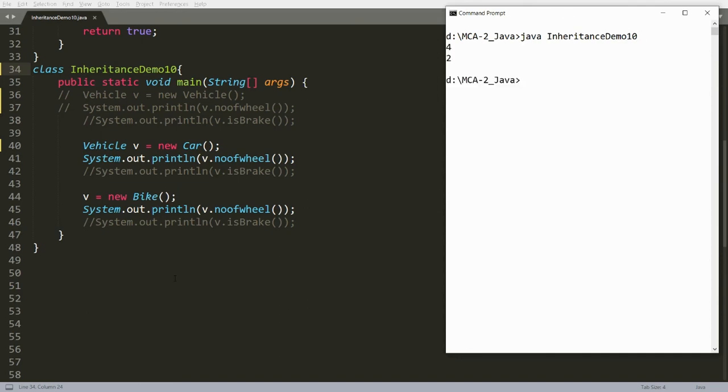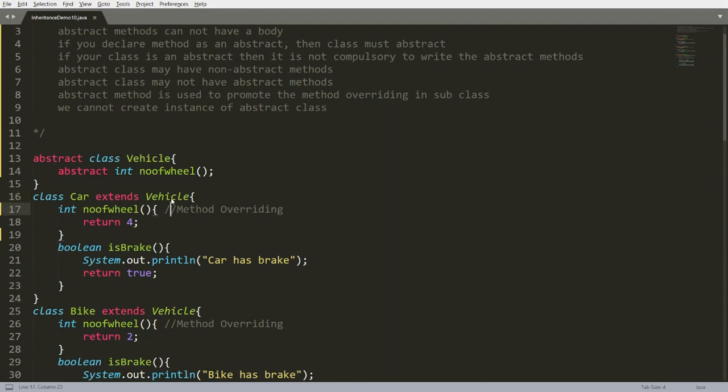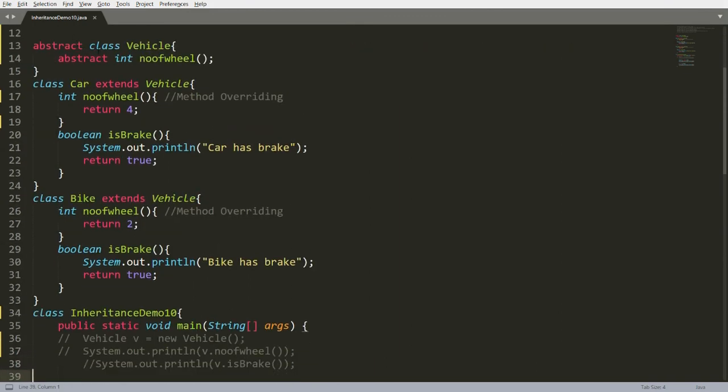Now what is the biggest advantage? The biggest advantage is that at the time of declaration, I was not able to answer how many wheels a vehicle has. Now it is solved. Why? Because instead of writing return 0, I can write no body here. So my problem is resolved. Second thing: whenever you declare your method as abstract, the class has to override this function. If you are not overriding this function, then you will get an error.